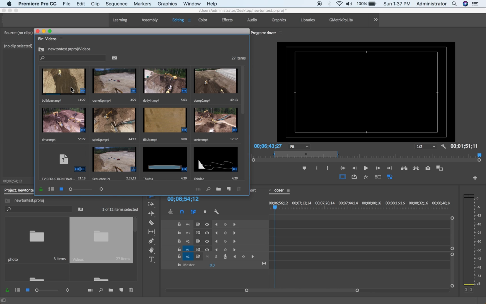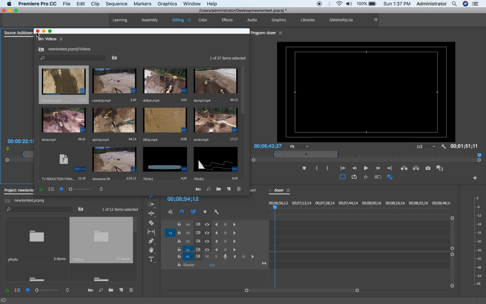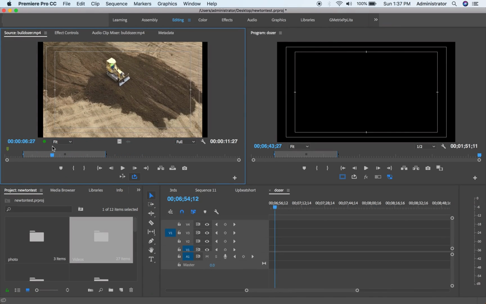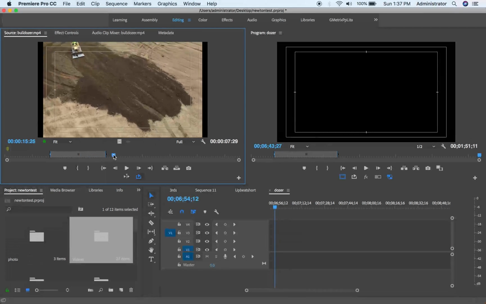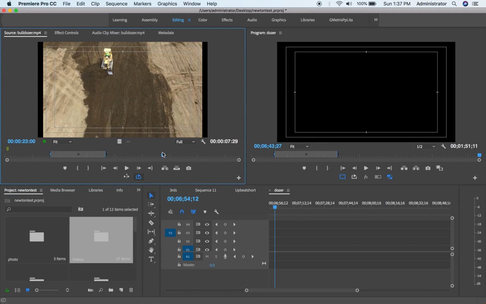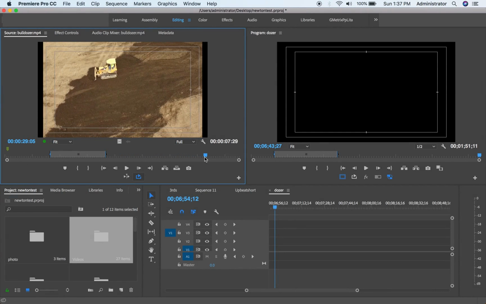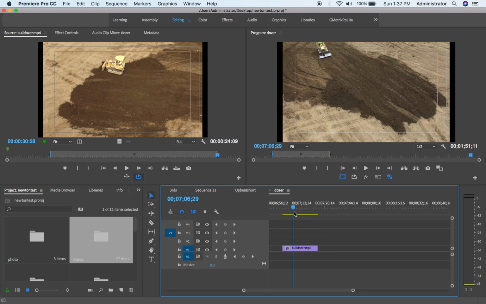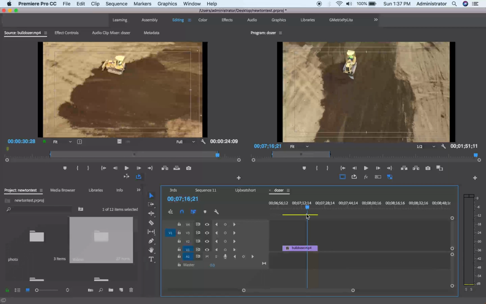So I'm just going to take Bulldozer, double click on it, and there it is in my source monitor. I'm going to find a spot that I like. I'm going to go here where I can see the actual tractor, mark my endpoint by hitting I, decide where I want it to end. Right here when it hits the dirt, I'm going to hit O for my out point. Drag it to my timeline,